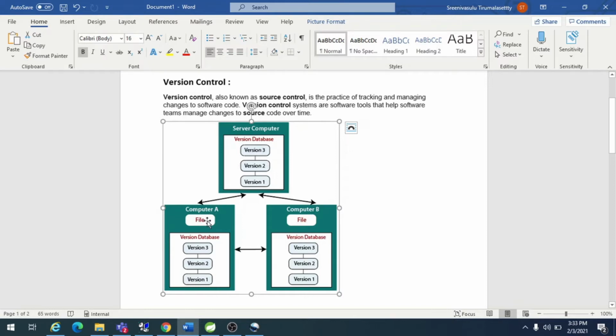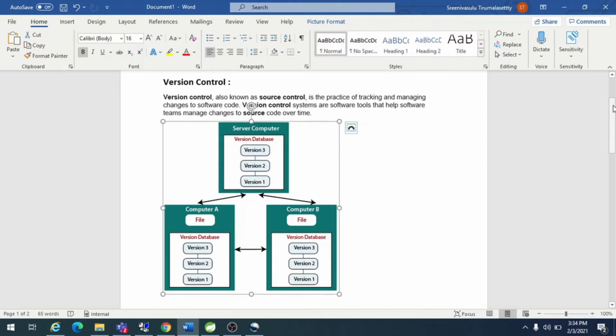The first user pulls the code to his local machine, does the changes, and pushes to the central repository. The other user pulls from the repository, does his changes, and again pushes his changes to the central repository, and other users can take the latest changes. So this is the use of the version control tool.